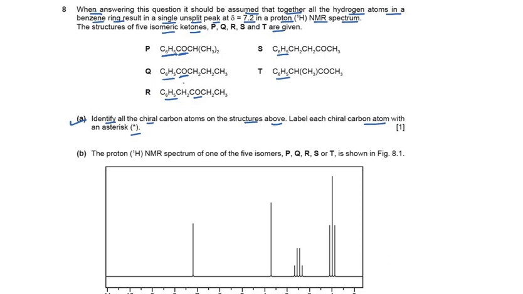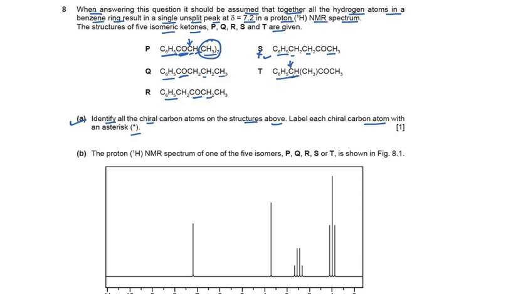Now if we have a look at P, Q, R, S, you can see that there is one carbon here with 3 different groups, but then we have 2 CH2 groups on this carbon, so it's not a chiral carbon. Again here each carbon has a minimum of 2 to 3 hydrogens, so not chiral. Again same in the case of R also. In the case of S, again we have carbons with 2 hydrogens or more. That's not possible, so we are left with T now,